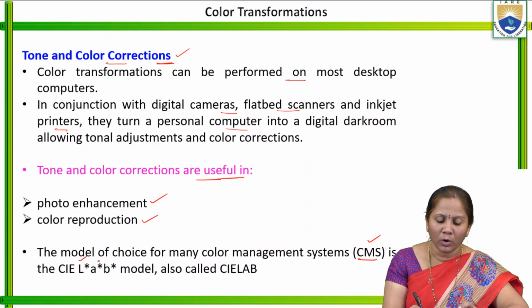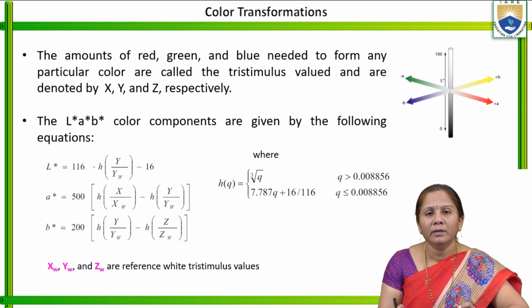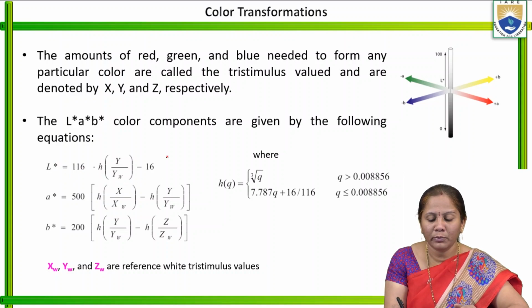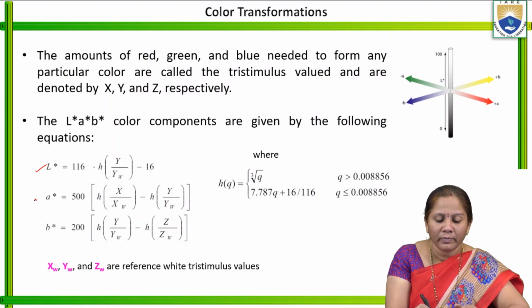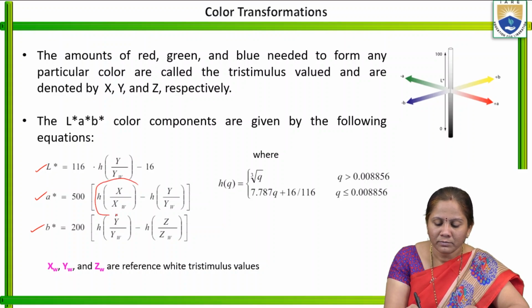So we are going to know what is this L, what is this A and what is this B. In that, LAB stands for L star is equal to 116 into H of Y by YW minus 16, and this A star stands for 500 into H of X by XW minus H of Y by YW, and B star stands for 200 into H of Y by YW minus H of Z by ZW, where H of Q, that means this entire term they are going to consider as H of Q, where Q is equal to X by